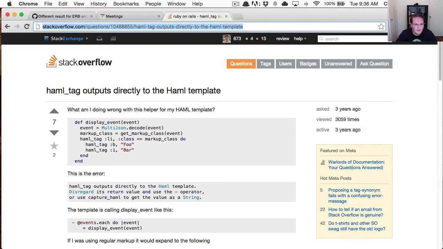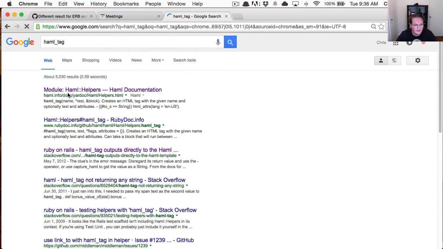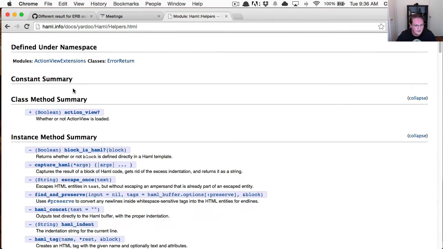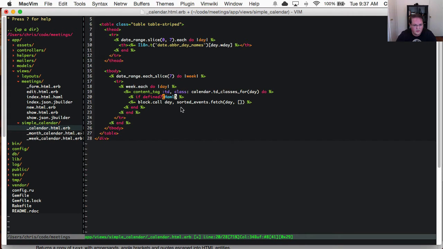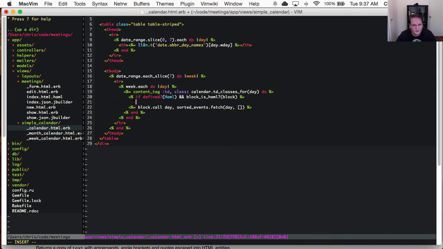Let's look up the Haml tag or the helpers. I think it's in here. So there's a method, block is Haml, which checks whether or not a block is defined directly in a Haml template. So I believe this is what we want to do: check to see if block is Haml, and we can pass in the block that our user gave us, and then we can do